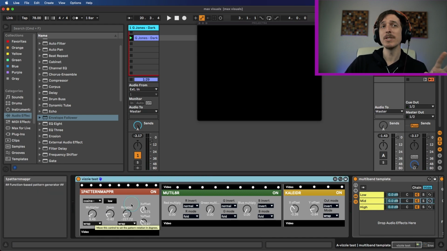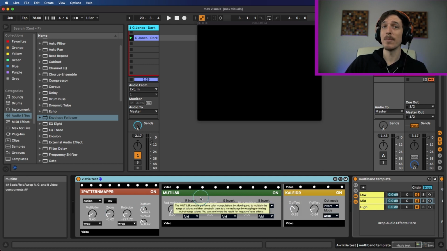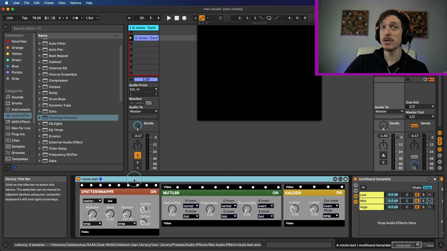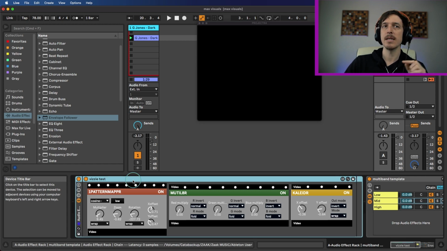Again, I'm using these specific objects: the pattern mapper, the multimedia, and the collider. You don't have to use these. You can use any combination of these objects that you want to create similar results, or they could be totally different results. From here, the last major thing that I'm going to do is take my Max device,